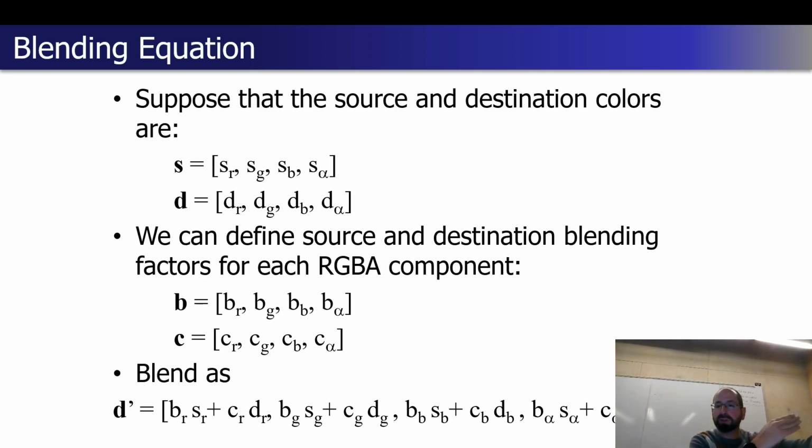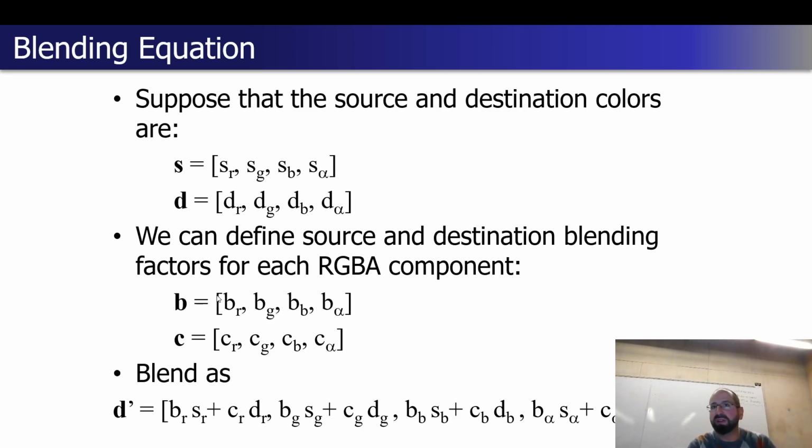Once you have those source and destination blending factors, this is another calculation your render output would then need to do. Every time, if alpha blending is turned on, every time I want to write something, if depth testing is turned on, you first check to see if it passes the depth test or not. If it passes, you then have to read from not just the depth buffer, we have to read from the frame buffer as well to see what was already there. If nothing else, we should have cleared the frame buffer, so there should be clear values in it to start with. So we check our destination pixel, we have our potential source fragment here, and then